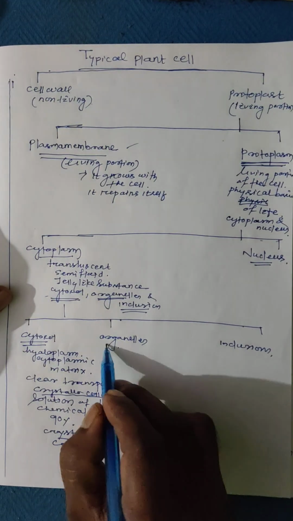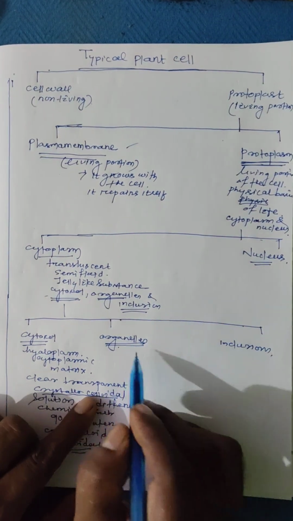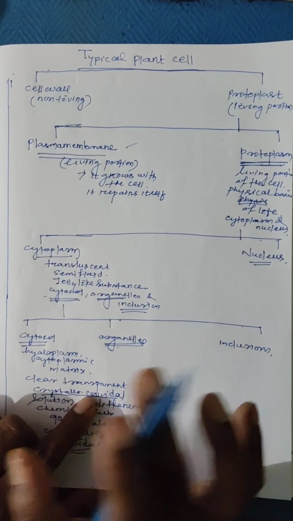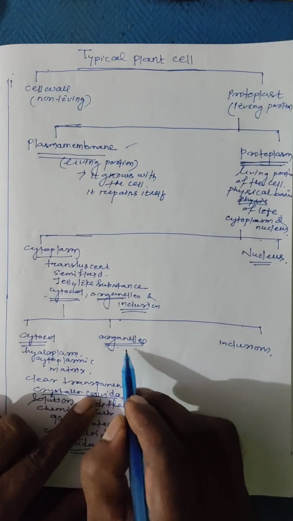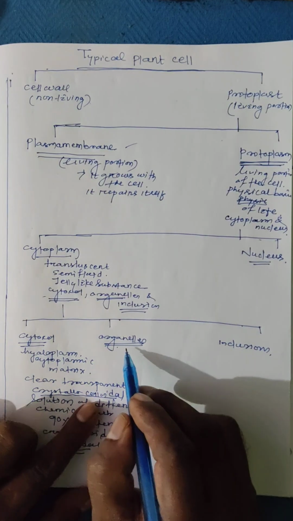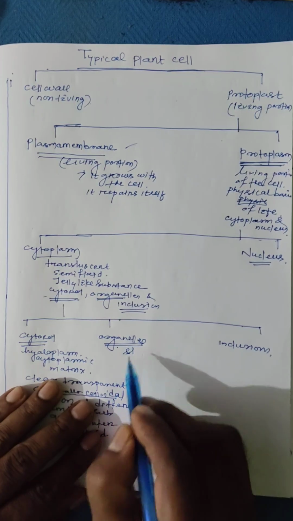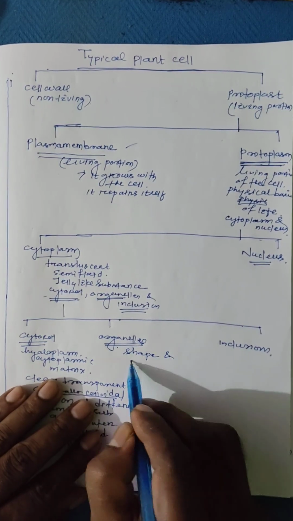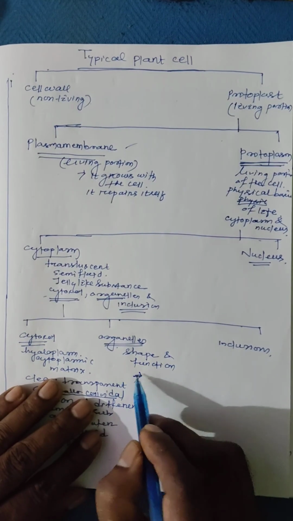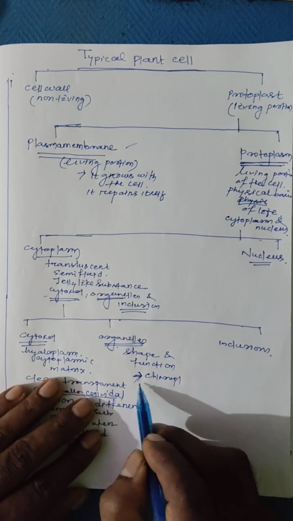And next, we'll study about the organelles. The next portion in the cytoplasm, we'll find different organelles. The organelles are highly organized subcellular protoplasmic structures that have definite shape and function. We know different organelles, so let me write a few: chloroplast, mitochondria,